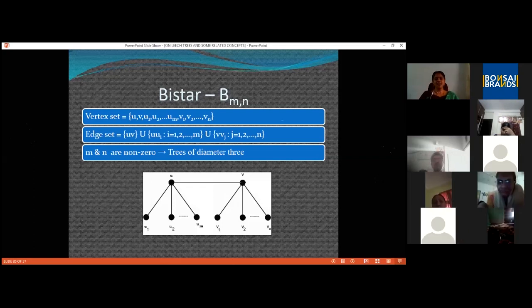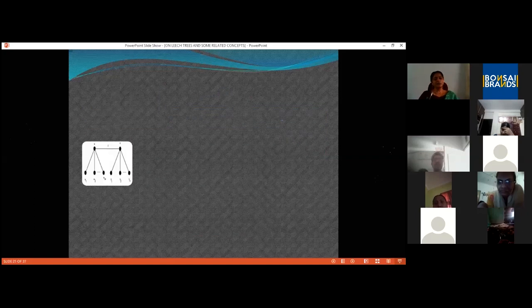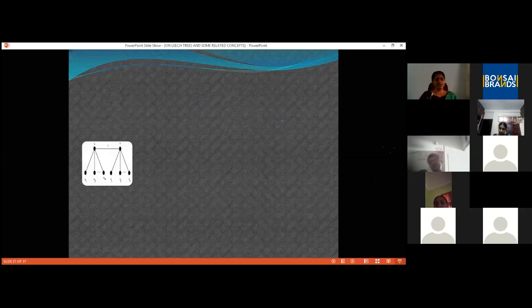So let us start by assigning the value 1 to the edge UV. So 1 is now assigned. Now next what can we do? We are sure that there is an edge having label 2. Here again, two cases arise. Since n need not be equal to m, assigning 2 to a pendant edge of the form UU_i and assigning 2 to a pendant edge of the form VV_j are different.